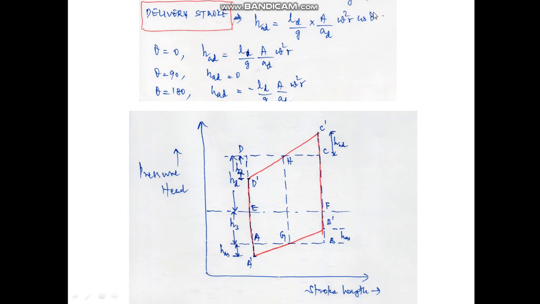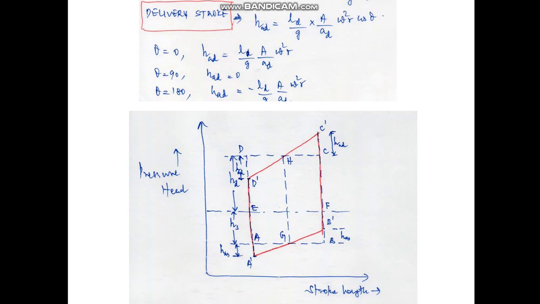And when you take the diagram, at the beginning of the suction stroke, it is H_is. So that value is added to Hs. So the point A will be shifted to A dash. So A dash is below atmospheric by Hs plus H_is. And at the middle, at point G, the acceleration head is 0 because cos 90 is 0, so no change in the point. And at the end of the suction stroke, here at point B, this H_is is minus, so the pressure head inside the cylinder is Hs minus H_is.